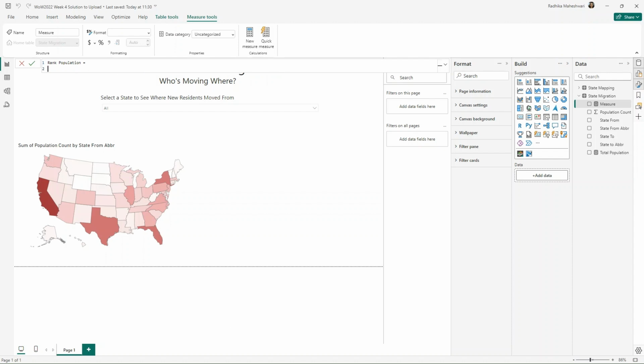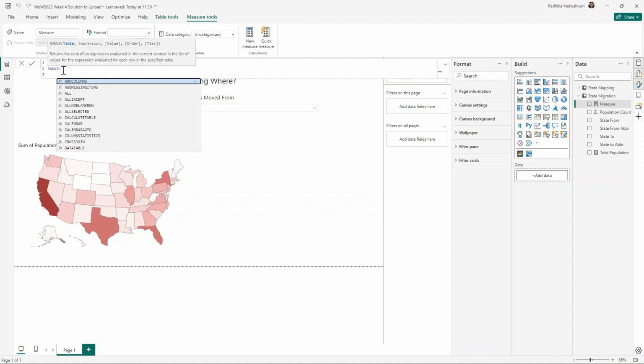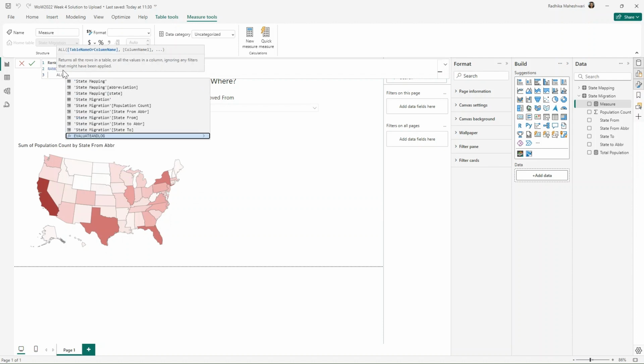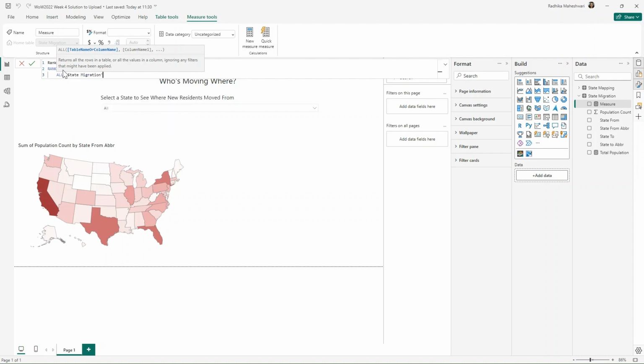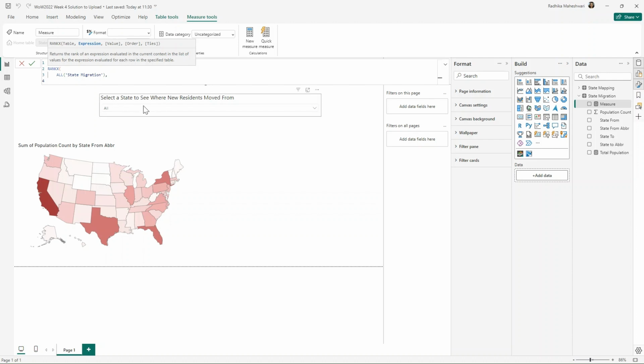And for this, what we need to do is I'm going to use a RANKX function. There are multiple ways to do it. I'm using a RANKX function and I'm filtering out all the filters that are coming from the state migration. But I need to bring this filter back because we don't want the population from the state that is being selected.